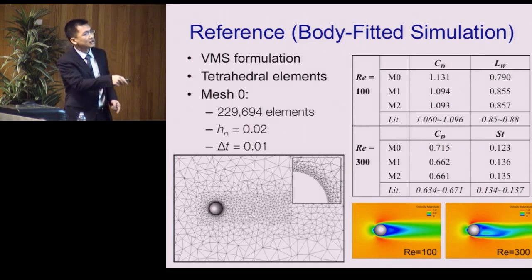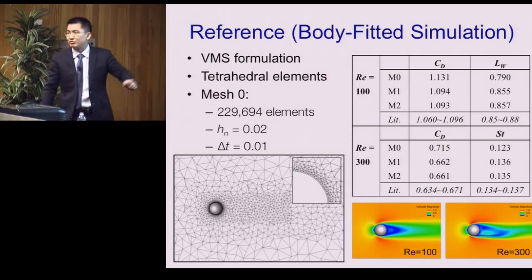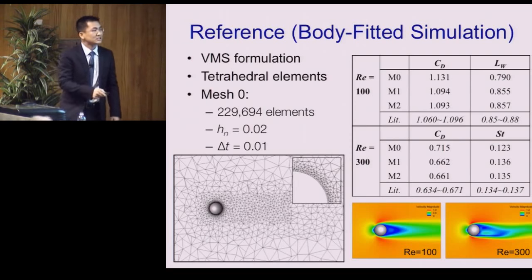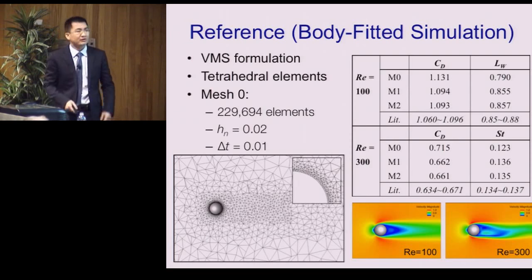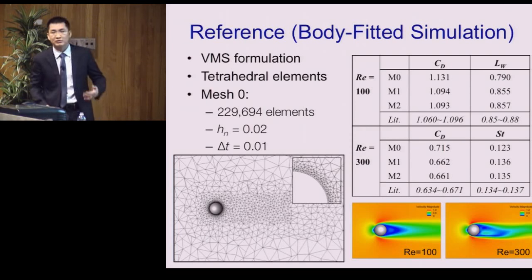This is the recirculation length. Or for unsteady flow, you have the drag coefficient again. And then you have the Strouhal number, basically the frequency of the vortex. You can see there's a big range. Okay, so it's very hard to compare with the numbers from the literature to see how accurate your